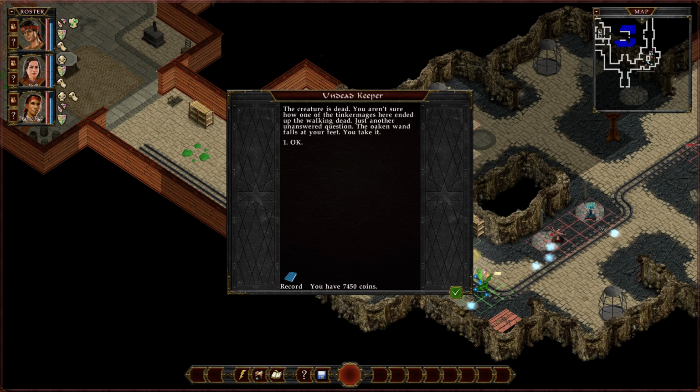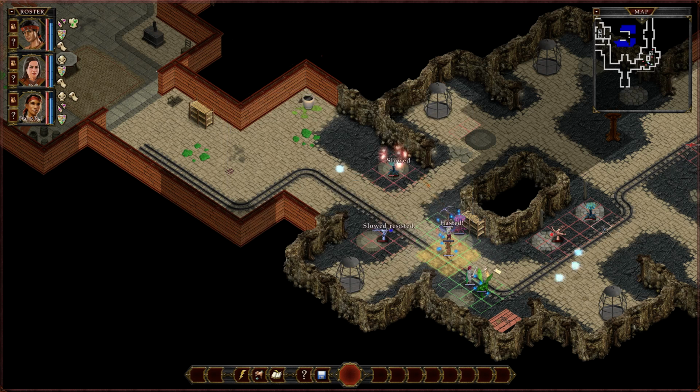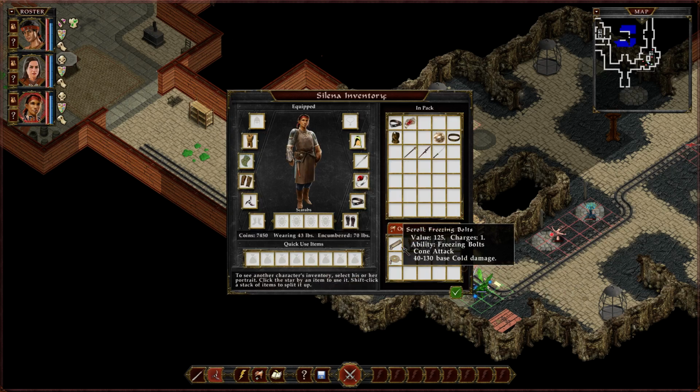And yeah, so, anyway, the creature is dead. You aren't sure how one of the tinkermages here ended up the Walking Dead. Just another unanswered question. Well, it's not like the game leaves a lot of unanswered questions, really, but the oaken wand falls at your feet. You take it. Well, I don't. I'm going to choose not to take it just so we get some...